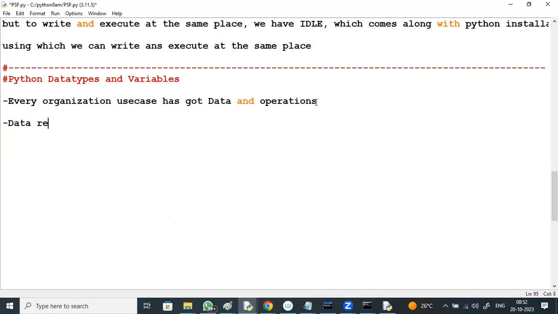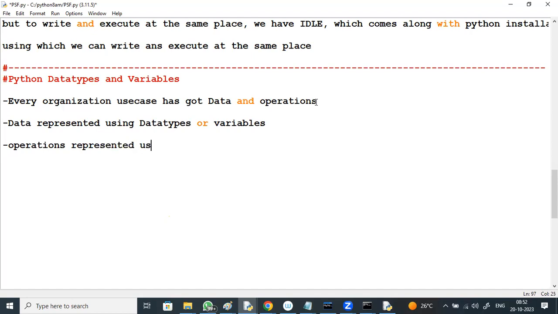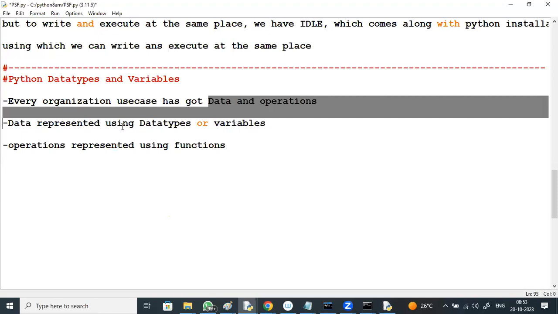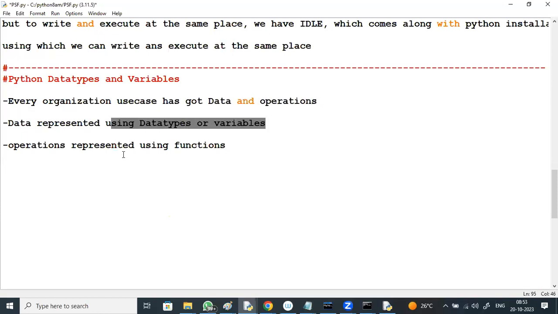Data is represented using data types or variables. Operations are represented using functions.